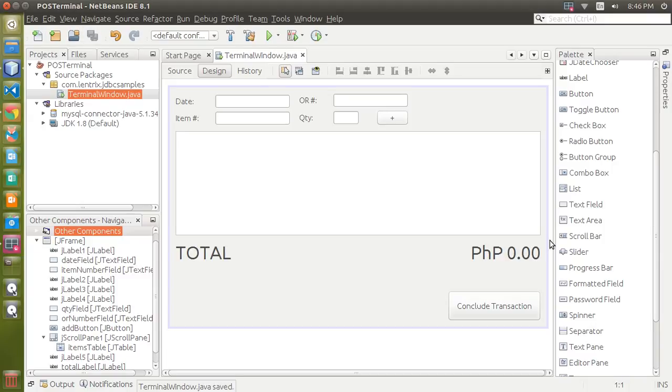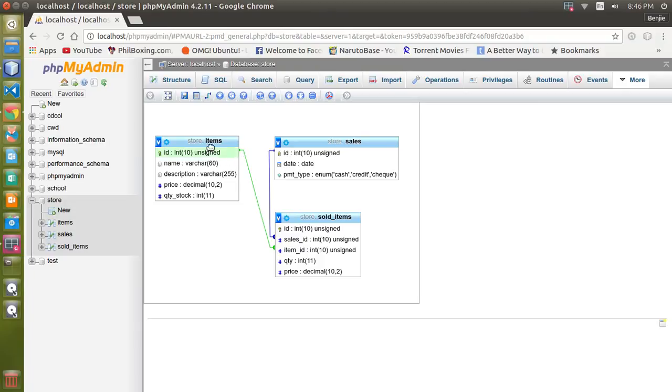Now, the workflow in this case is that the program is going to generate the current date and display it right here, and generate the next OR number, which is going to be the next ID for sales. Okay,